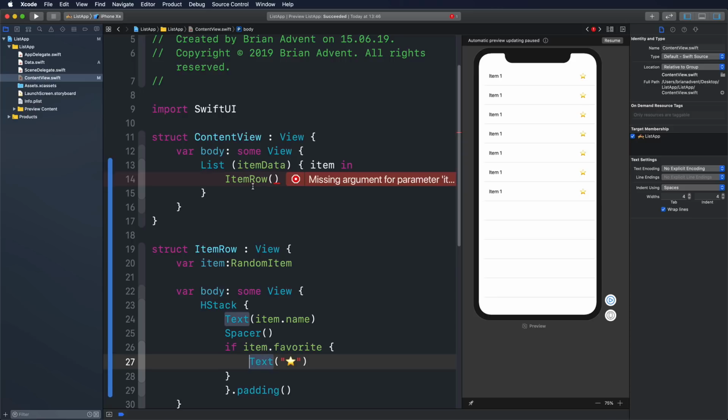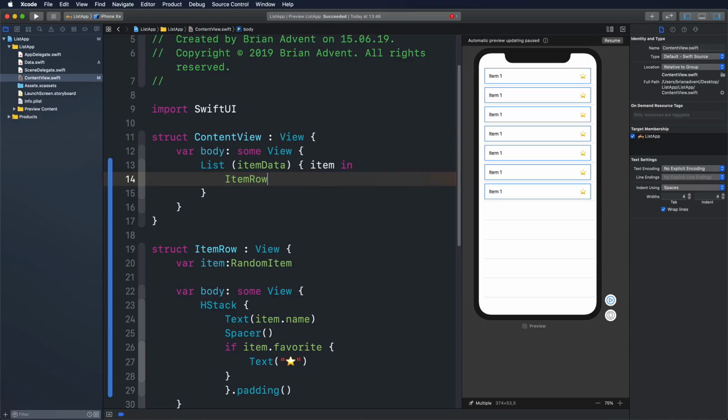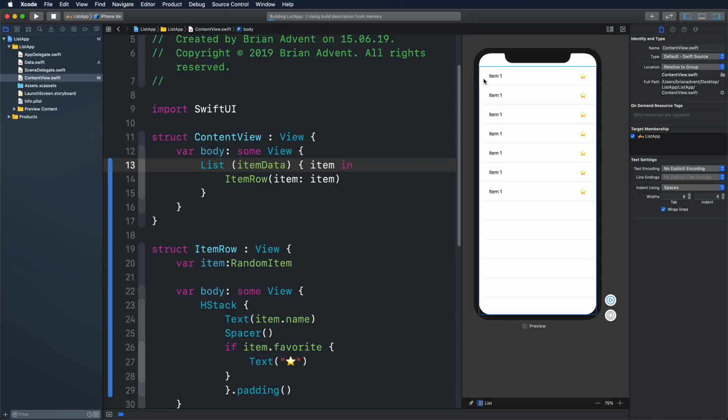And now all we need to do is actually pass along the item as a parameter in our call here in our content view. So I'm just passing along the item from the list, and now we have a dynamically populated list here on the right